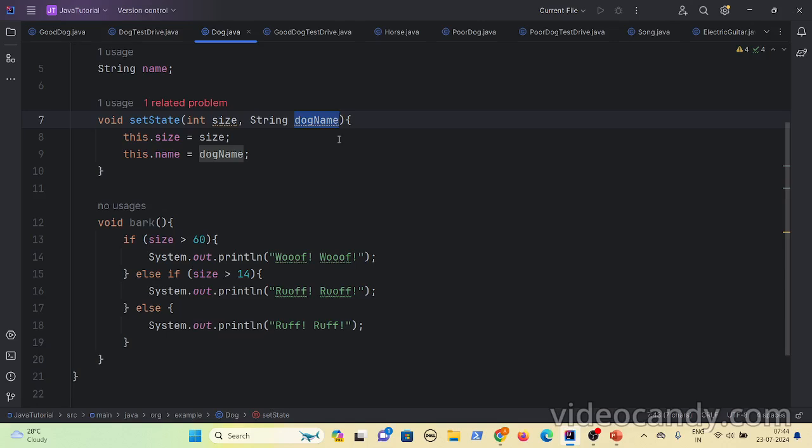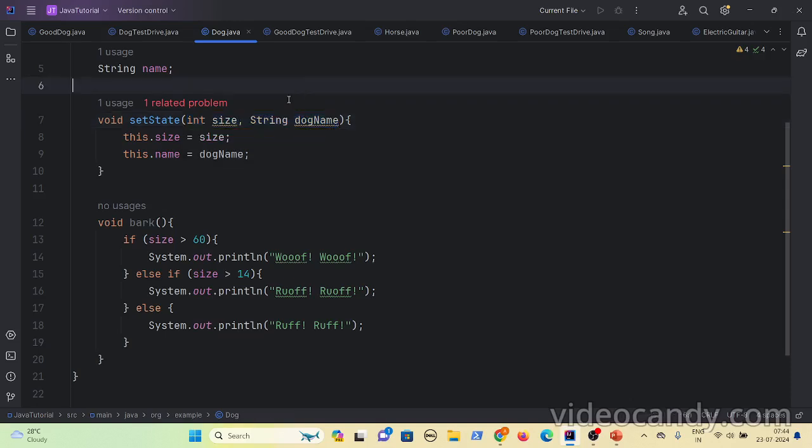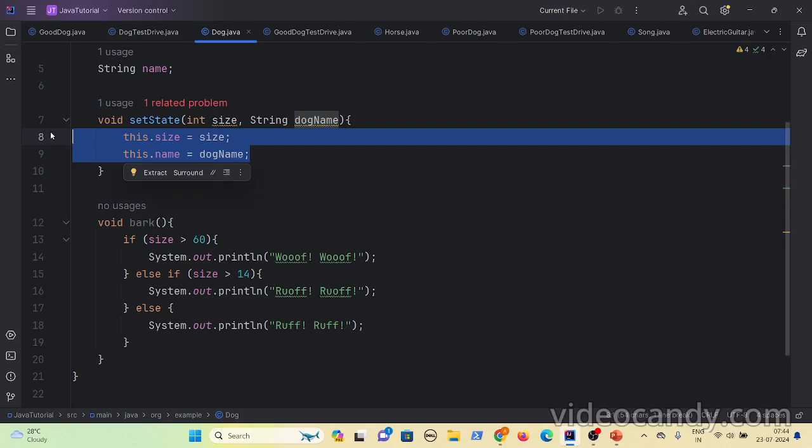So method parameters are the ones provided in its declaration inside the braces. These are also called the method inputs, because whenever you invoke the setState method, you should pass these values. So basically you are giving these values as input to the method, and using these values you can have some logic written.